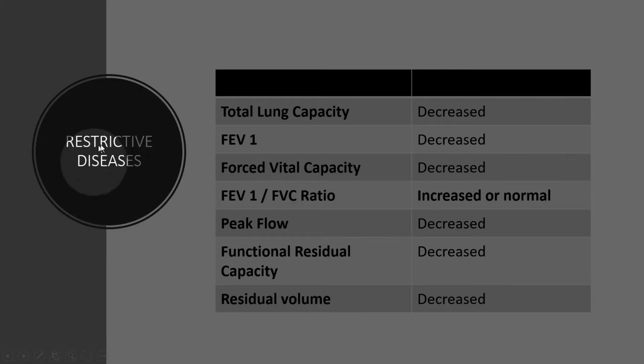Basically, what is happening in the restrictive lung disease? In the restrictive lung disease, the size of the lungs becomes smaller as compared to the normal lung. So when you inspire, less amount of air will enter into the lung, and when you expire, less amount of air will be expired. But the ratio when we observe will be more than normal, because the less you inspire, the less you expire. There is no obstruction in that pathway, but the overall volume of the air will be decreased. That is why the total lung capacity will be decreased.